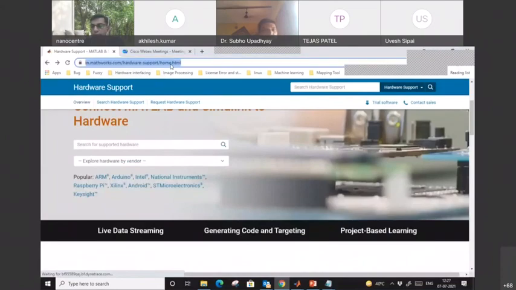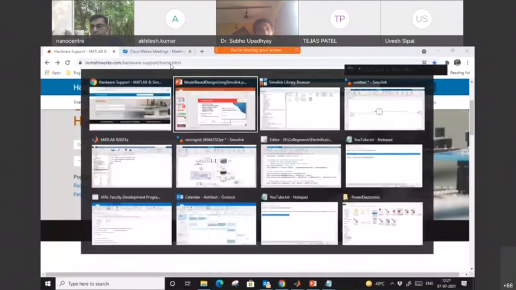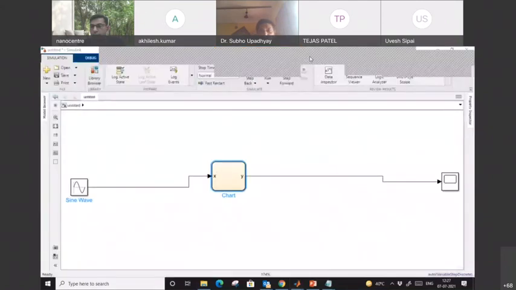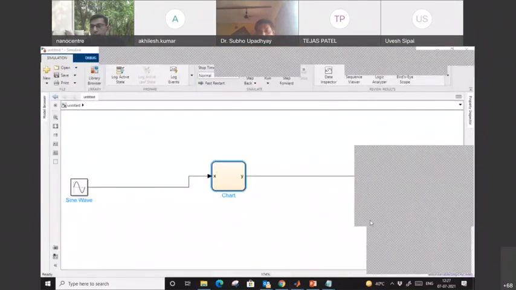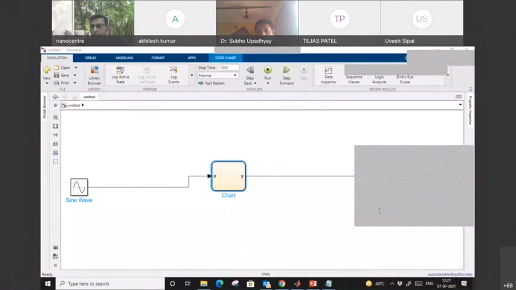Sir, I am sharing this link because more than a thousand hardware devices are supported. If you ask me whether I remember all the hardware which is supported and compatible with MATLAB, I will not be able to explain everything. You can go through this and take from here.